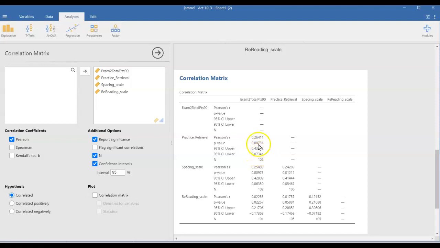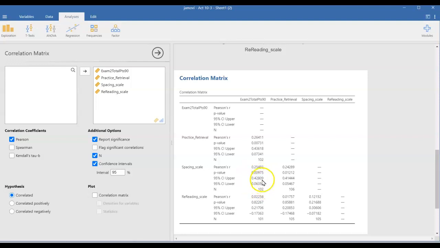And my 95% confidence interval around that Pearson's R is that I'm 95% sure that the true R is somewhere between 0.07 and 0.44. Moving down to the spacing scale, I have a Pearson's R of 0.25 and a p-value of 0.00975, and my